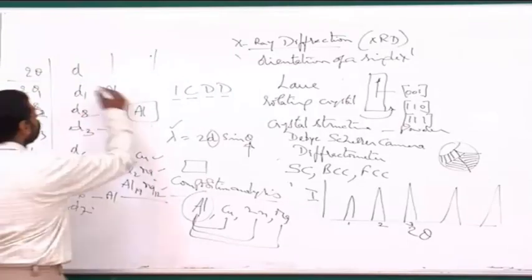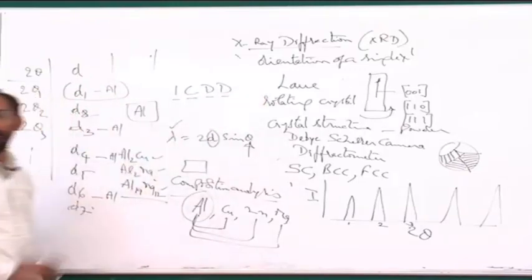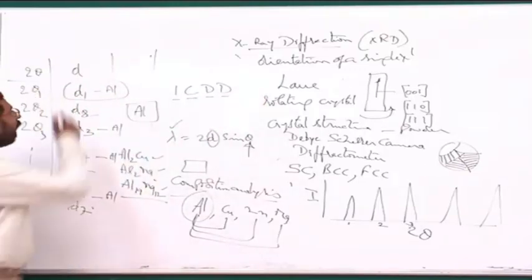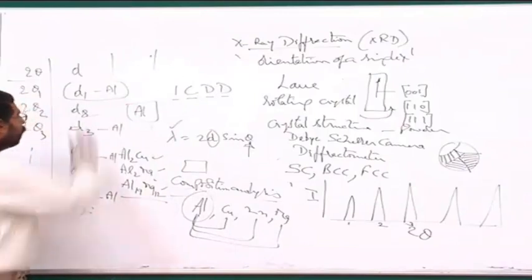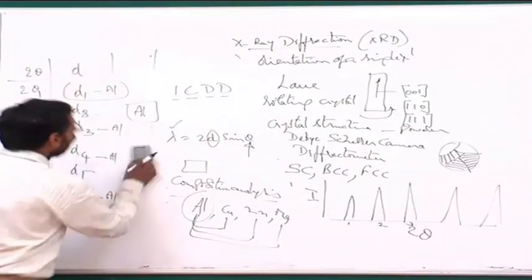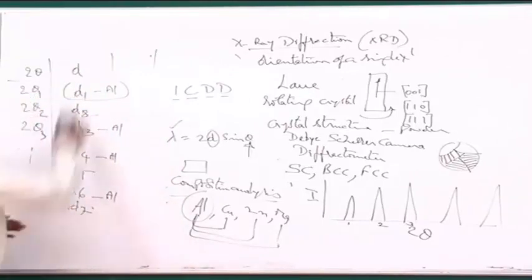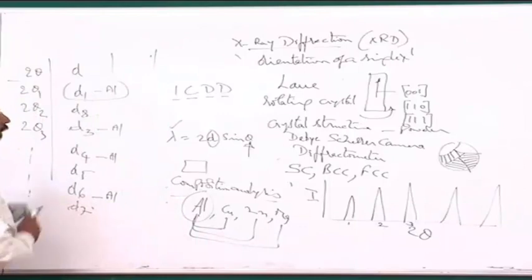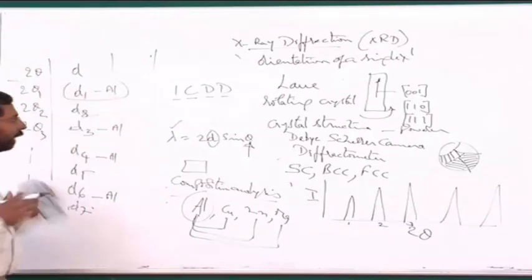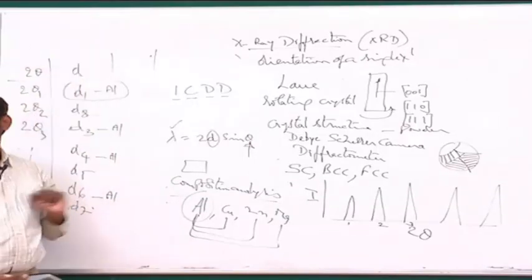Once you have a particular D-spacing D1, it will say that these are all the possible matches with this D1. Once I look at that, the most important thing I should do whenever I am searching for a particular phase in my XRD pattern is, out of all these peaks, find out which peak has the highest intensity. That is the phase that is existing in my material in a large proportion.